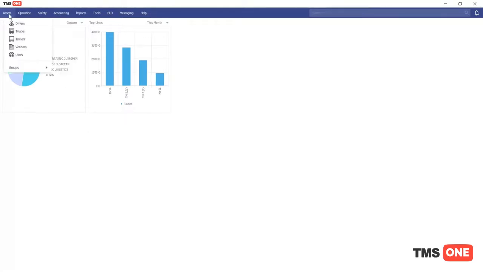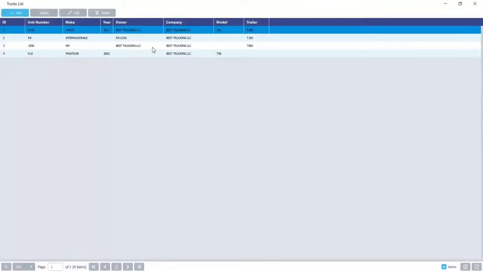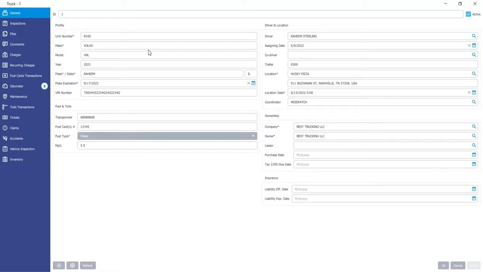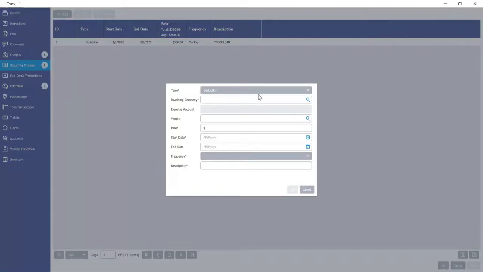Next change will be in regards to our trucks and trailers. If we go into a specific asset profile here, you will see that we have now added charges and reoccurring charges as well. So this will function in a similar way to how driver charges work, and you will be able to add the type, the invoicing company that it is selected,